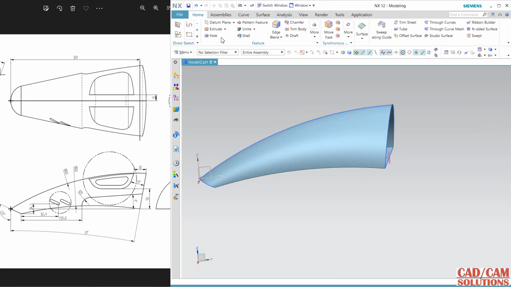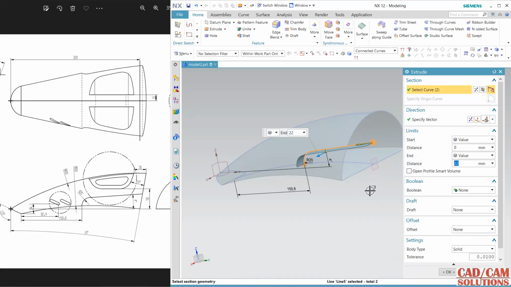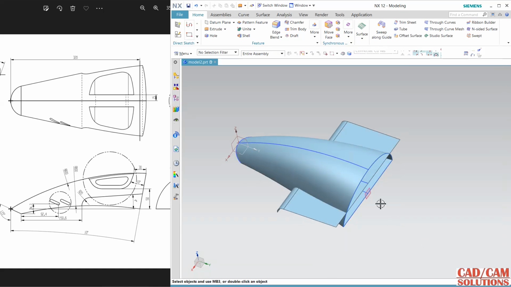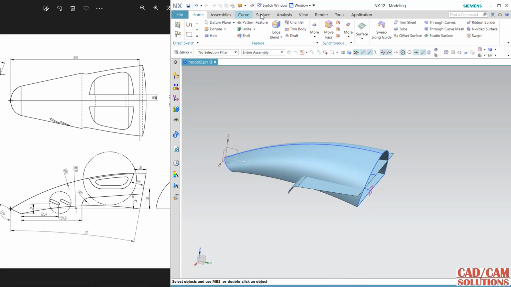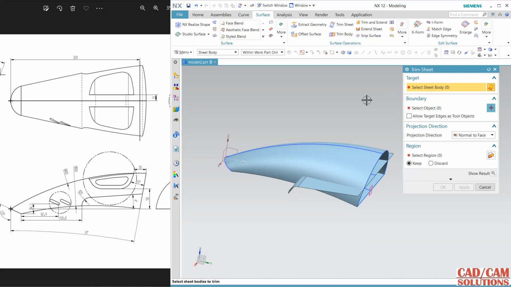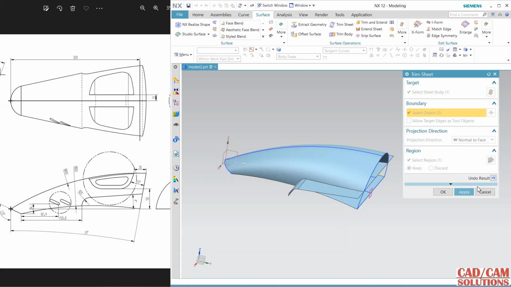Now use extrude symmetrically both side and extrude it, apply. Now I want to trim this lower portion, so go to surface and trim sheet. I want to trim this, and this is the boundary, and preview, apply.